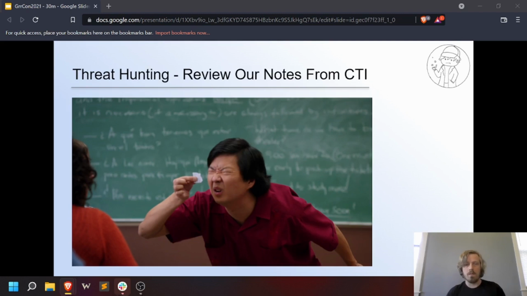So while we hunt, we're going to think back to the intel that we gathered and the notes that we took on Monday, and what we should be looking for. For our example, we could look for things like: do we expect the use of shim databases in our environment? And do we see the relevant shim databases in the relevant paths? Do we see command execution for that Microsoft binary, sdbinst.exe?